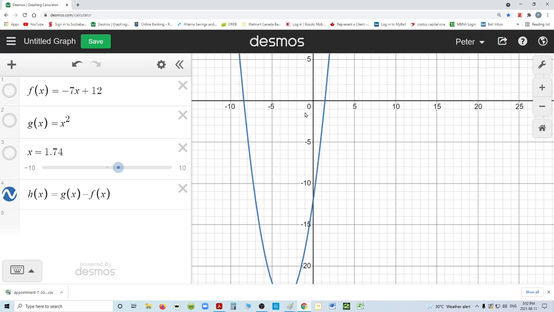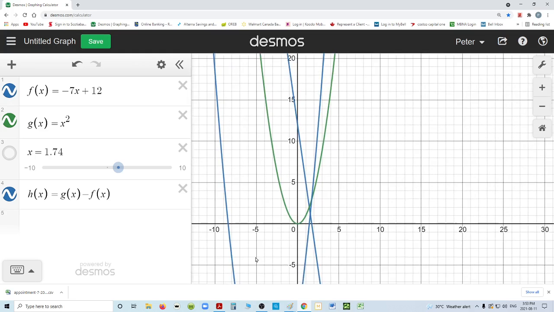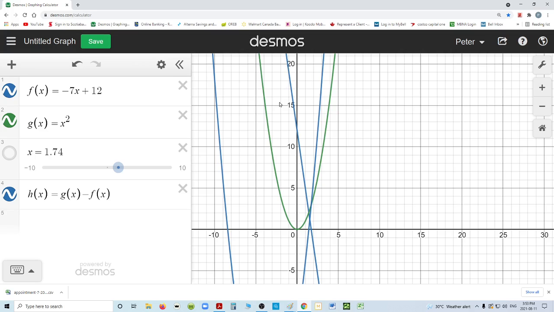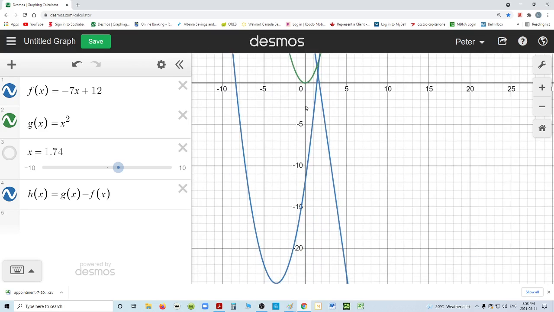Yep, dragged downwards and to the left. Interesting. And that's probably because when I subtract it, I'm subtracting huge values of y, dragging the whole thing. Why would the x value